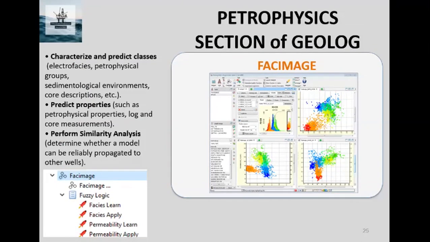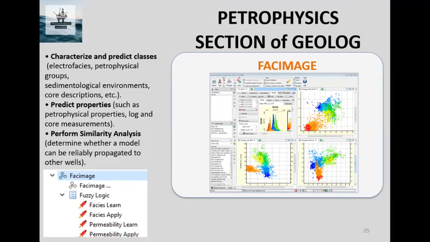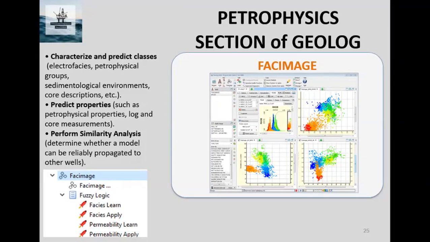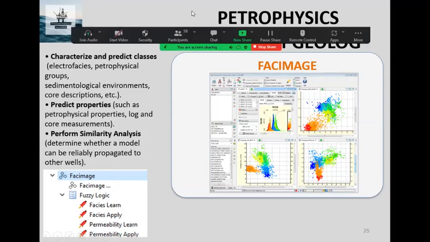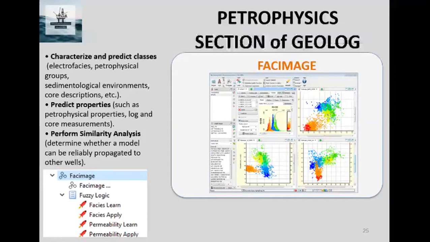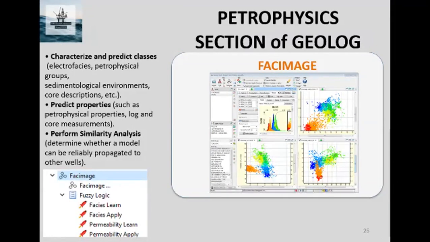Maybe you do not have a sonic log in your database of a well. You have density log, you have neutron, you have resistivity, gamma ray, but the sonic tool in the well failed and you have no sonic data. You want to have sonic data based on prediction, based on neural network.